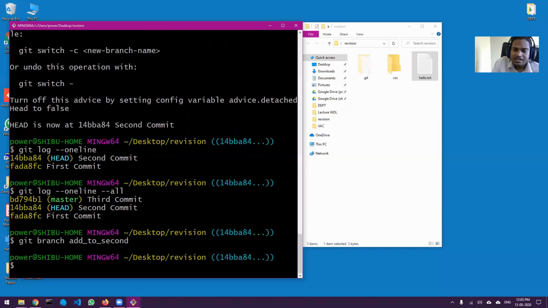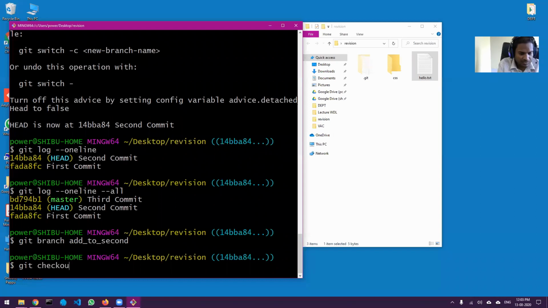I have just created a new branch called add-to-second, and now I want to go to that particular branch. Again the command is git checkout. So git checkout has lots of advantages.